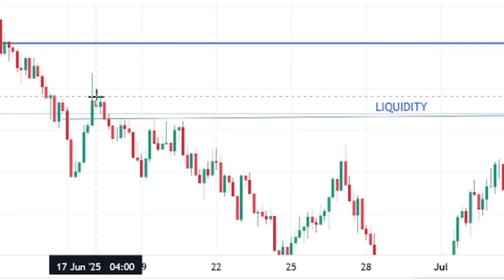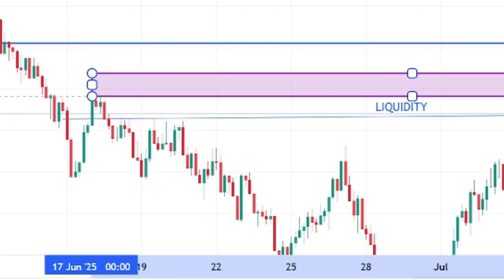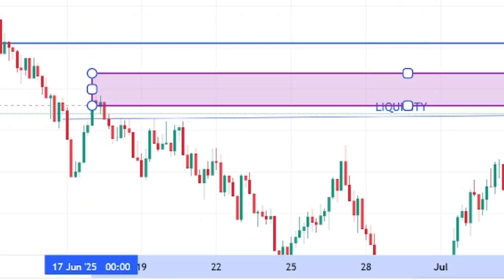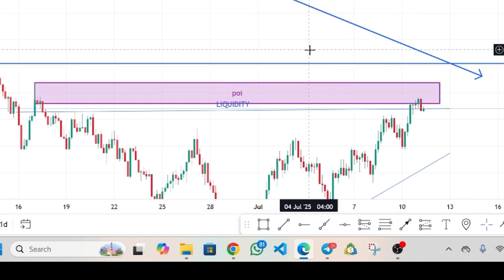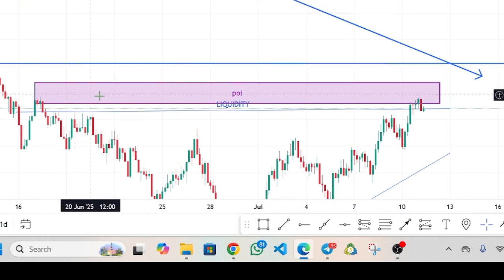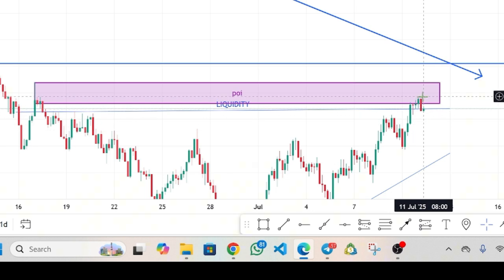So where our zone is here, we are looking at this particular place as our zone, all these particular places. This is where we are looking for our entry, right? That's where we are looking for our entry. That is our point of interest right there. So you see that. At this point here, we have seen that this is a zone. So why do we pick here as a zone? Why do we pick that? And you see that price just came up to that point and took the liquidity,